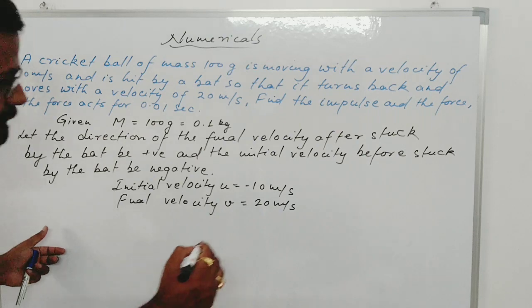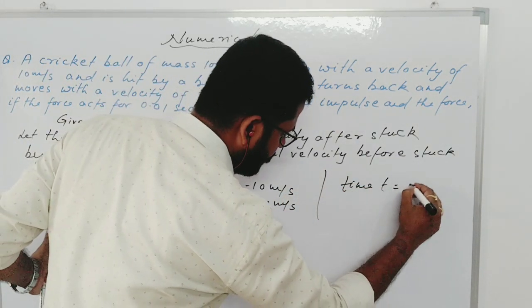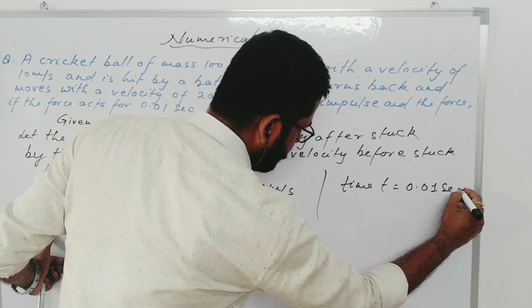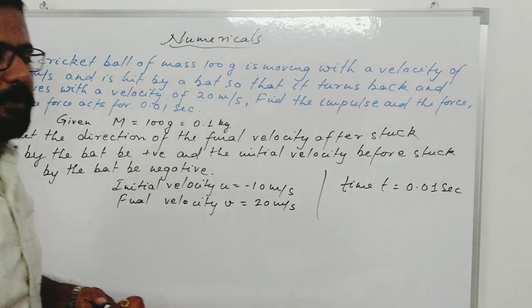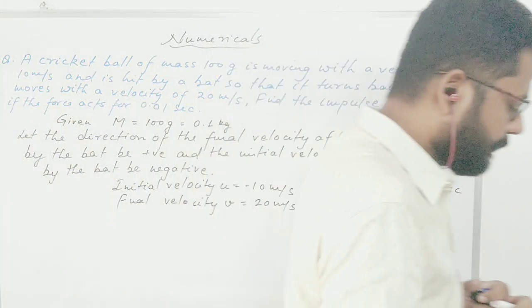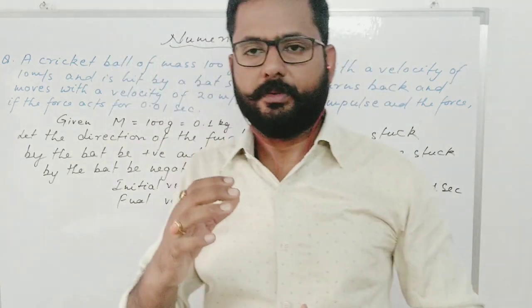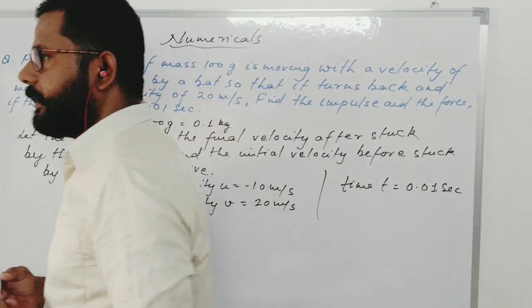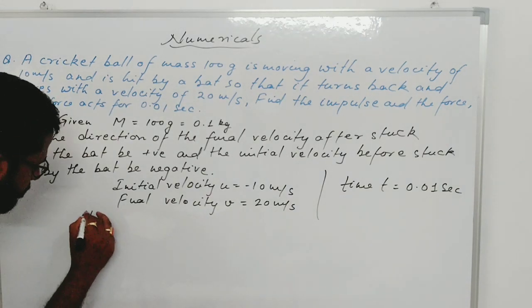And time t is equal to 0.01 second. Now every data is given. All right, now what we have to find? Impulse. I already told you that impulse is basically change in momentum. The change in momentum is called impulse. Okay, now let's do